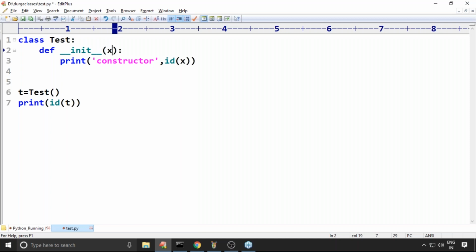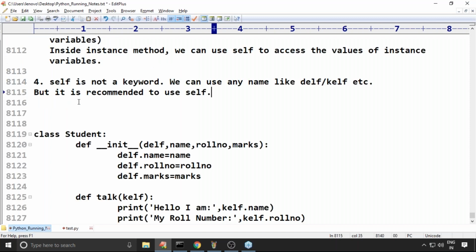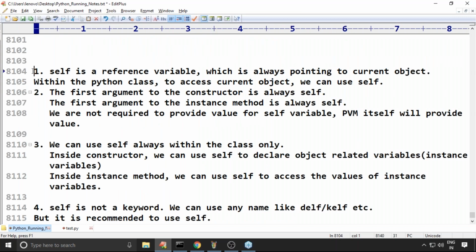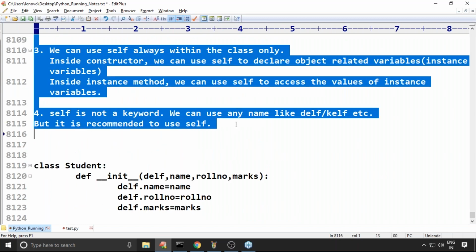Now you can ask any doubt about self, sir. These four points I told. Still, if some points are not covered, you can ask any doubts. Why do we need self again and again? Should it be there by default?